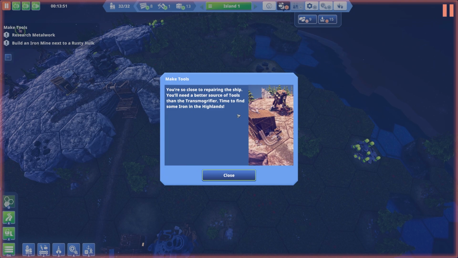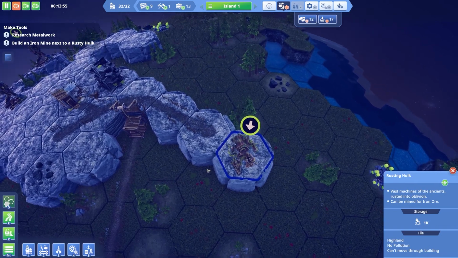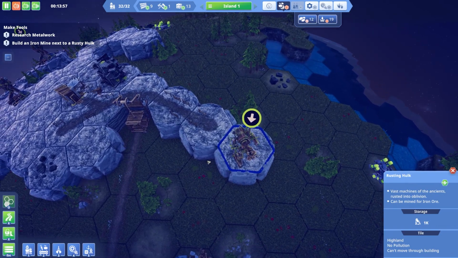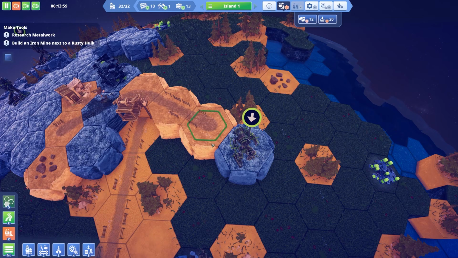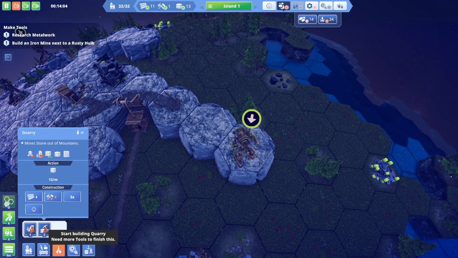You're so close to repairing the ship, you'll need a better source of tools than the whatever difficult word thing. Time to find some iron in the highlands. Well, found it. Build an iron mine next to a rusty hulk. Can do. We remove you. And we will build...